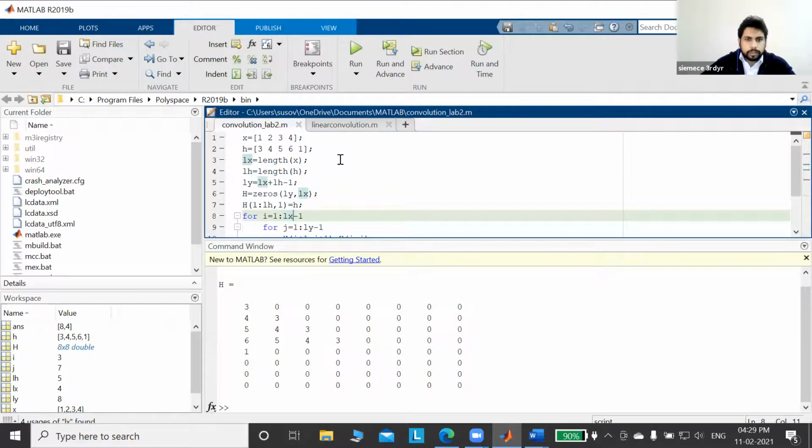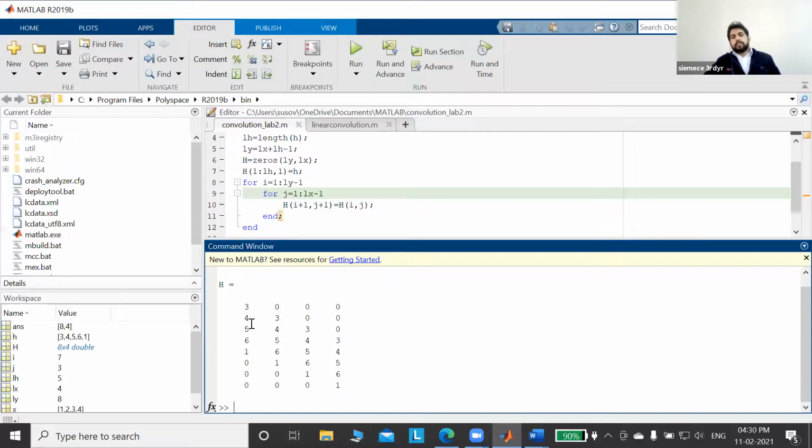LX or LH. Just see this one. Now see, what was the initial one? Initial one is 3 4 5 6 1 and then all zeros. Now after performing this loop operation, you see that this element 3 will move to here, this 4 will move here, 5 will move here, 6 is moved here, 1 is moved here, this 0 is moved here, this 0 is moved here, and this 0 will go outside the matrix.